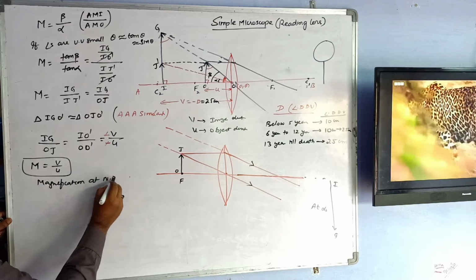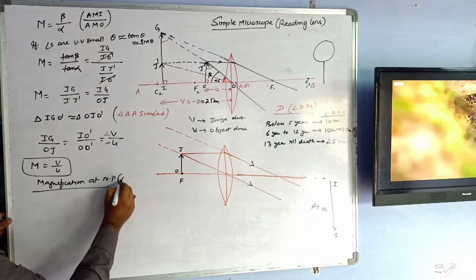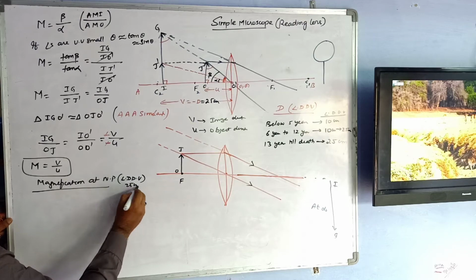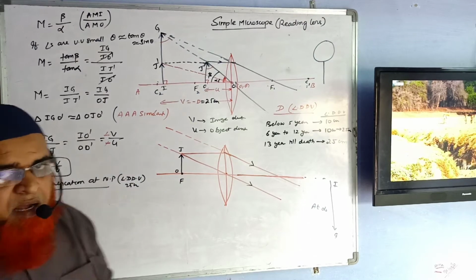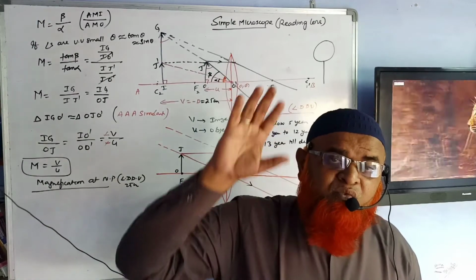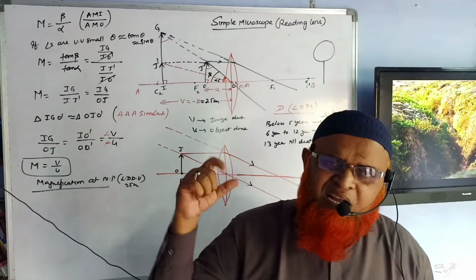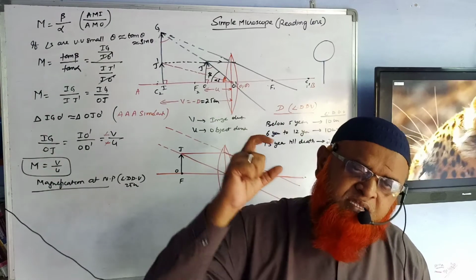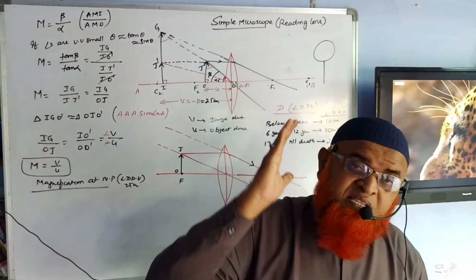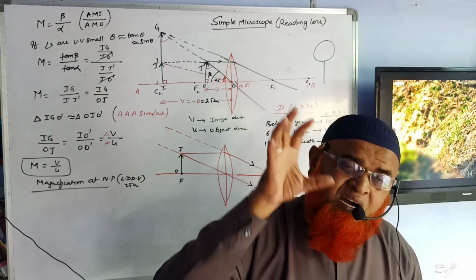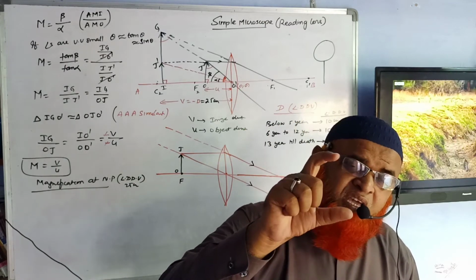Magnification at near point, that is least distance of distinct vision, that is 25 centimeters. What do you mean by magnification at near point? Magnification at near point is nothing but when a final image is formed exactly at least distance of distinct vision. When a final image is formed at least distance of distinct vision, that is at 25 centimeters, then we say that the magnification is going to be